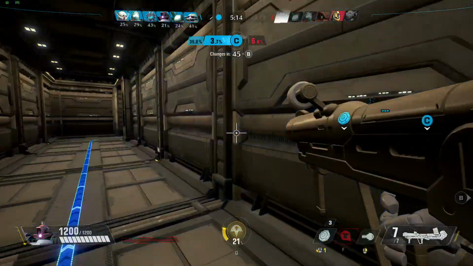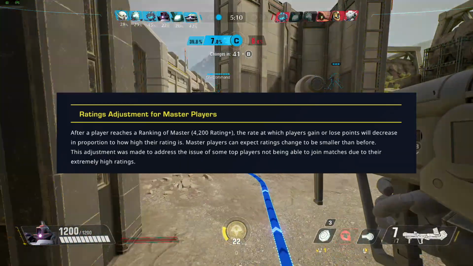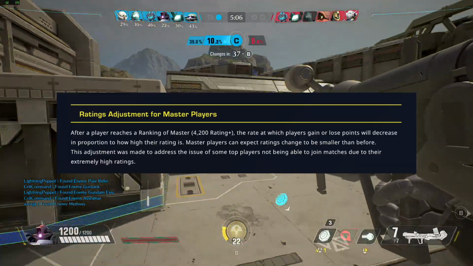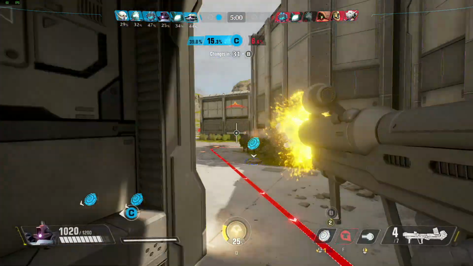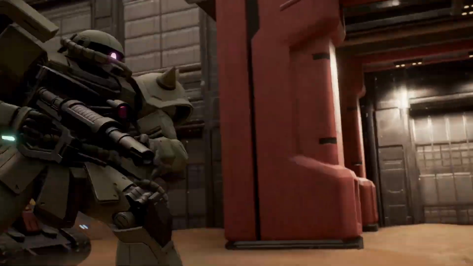They also addressed rating of master players, so those are players over 4200 rating. They're going to decrease the rate that those players gain or lose points proportionately to how high their rating is, and this is to hopefully address the issue of some top players not being able to join matches due to their extremely high ratings. The live stream also included a segment where the devs directly responded to community feedback, so